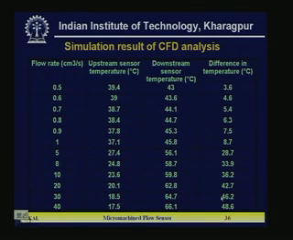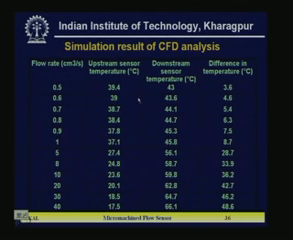Now, here are some simulation results of the CFD. These are the flow rates in cc per second, for the upstream sensor and downstream sensor. You can see the temperature difference is calculated here. The downstream temperature will be more than the upstream. Here the temperature is 39, here 43. If the flow rate changes,